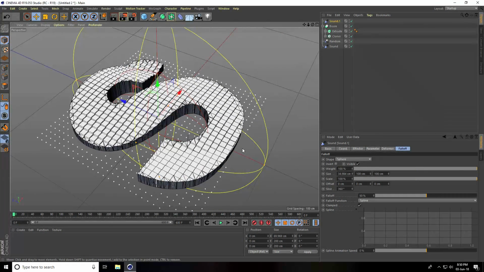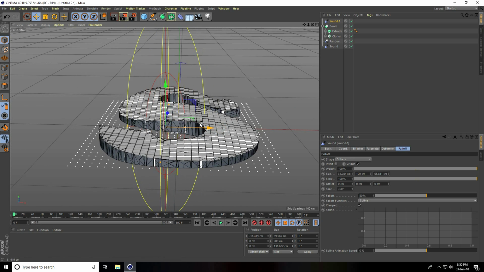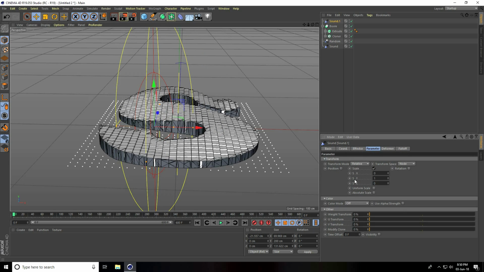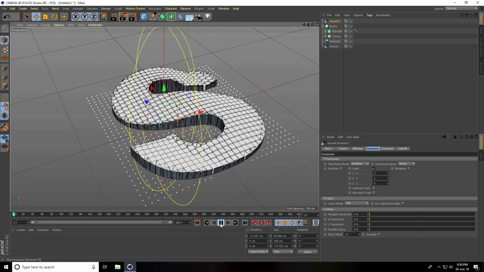Yes, little bit smaller. Yeah, great. Go to here, and again I go to Parameter. This time Y axis I take only 2, and play.